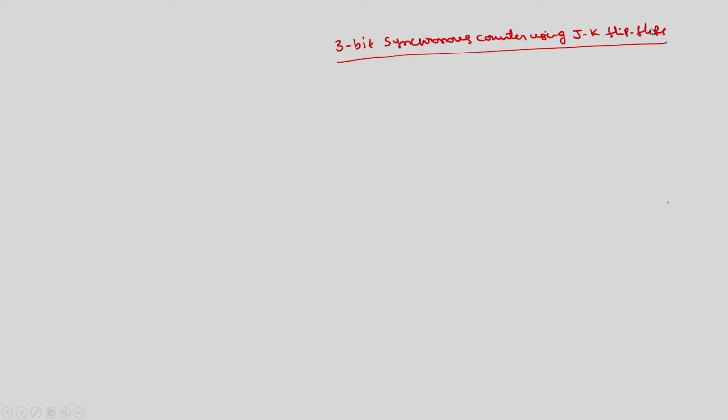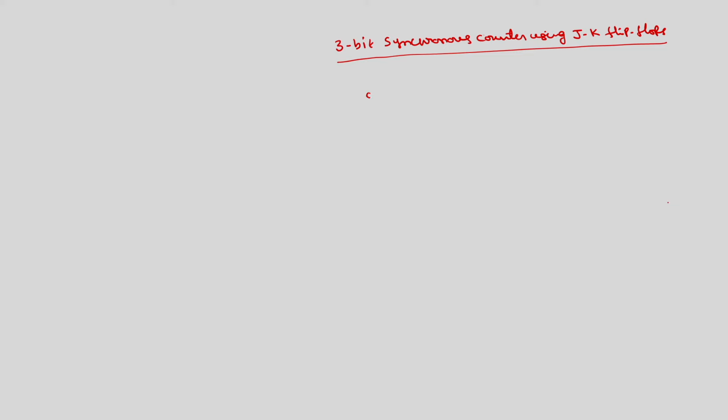This design of the synchronous counter is not as straightforward as asynchronous counters. Here we have to use the excitation table to design the synchronous counter. For a 3-bit synchronous counter, as the name implies, we have a total of 8 states: 000, 001, 010, 011, 100, 101, 110, 111. After that it will come to the initial state. The modulus of this counter is 8. After 8 clock pulses, we will get the initial state.